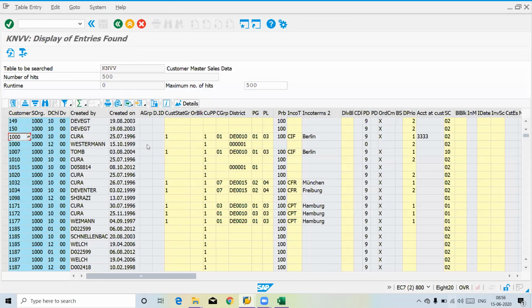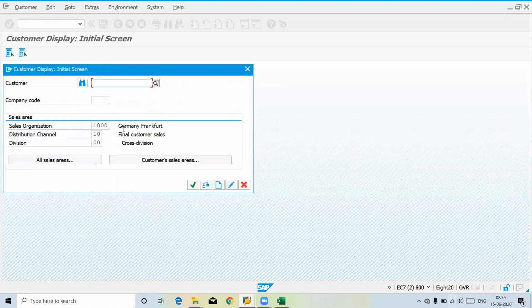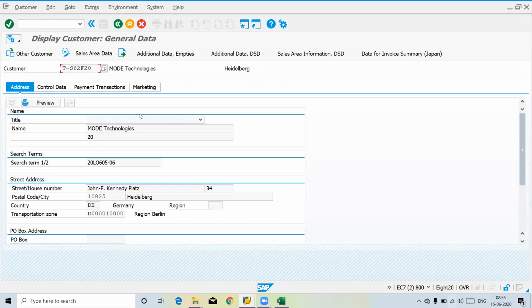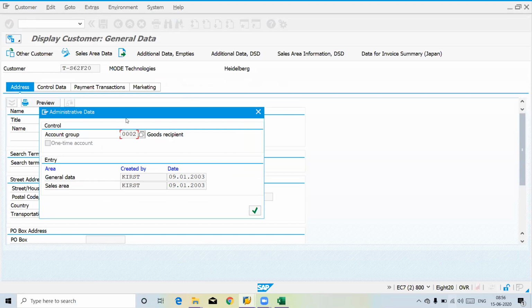For example, if you take this 1000, or any recently created ones, let me get into this. Maybe we can take this standard customer. I'm just going to the display of this. I think account group 0002, we'll use this one, no problem.